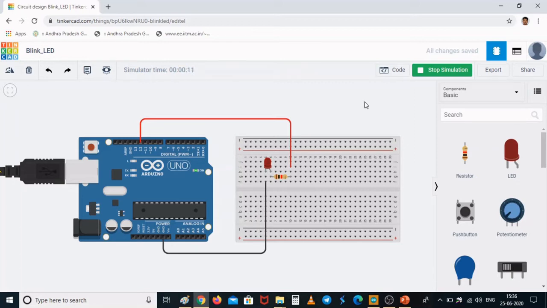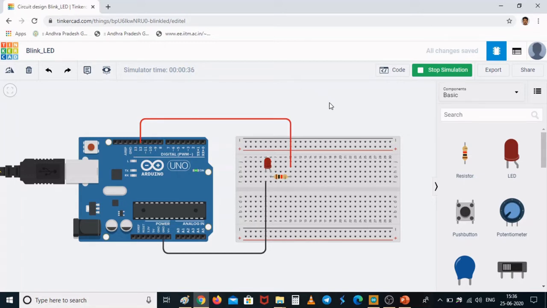All that we have done is we have taken our Arduino Uno board, one breadboard, an LED, and a resistor. We have simply made a connection with the cathode connected to the ground of the Arduino Uno board, and I have connected the anode of the LED through a resistor to pin number 12 of the Arduino Uno board. And how did I blink the LED?